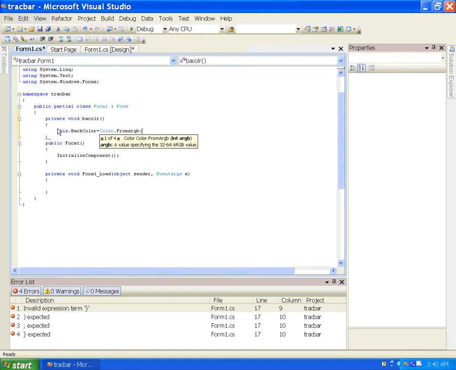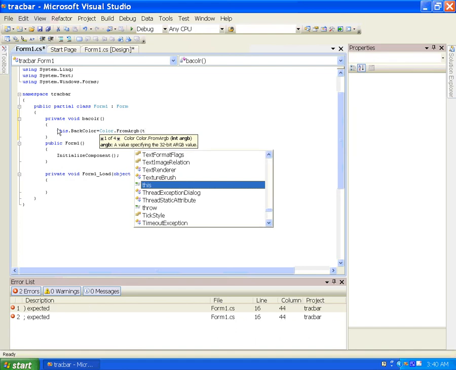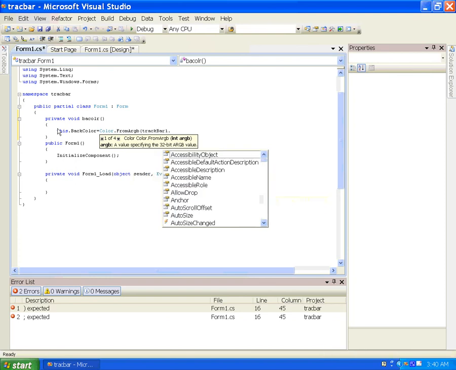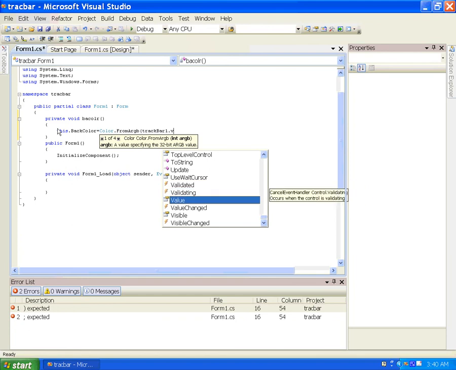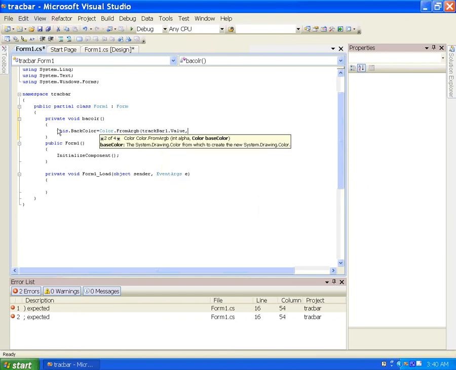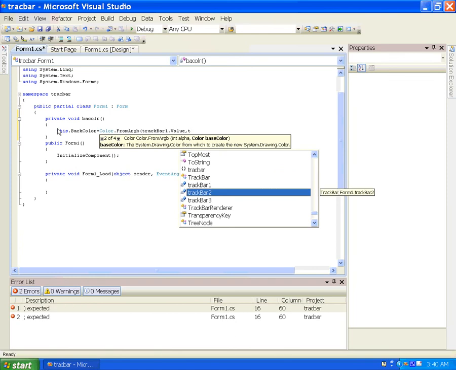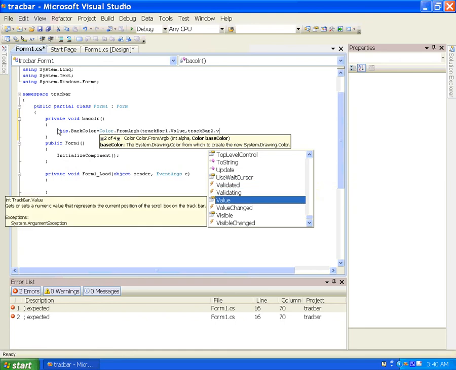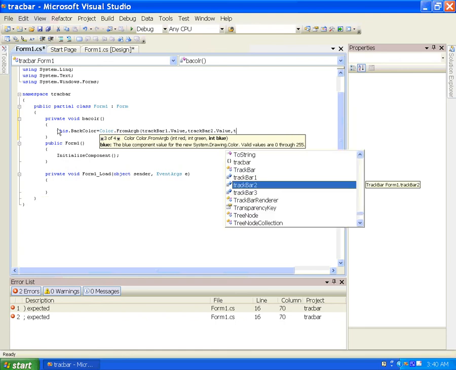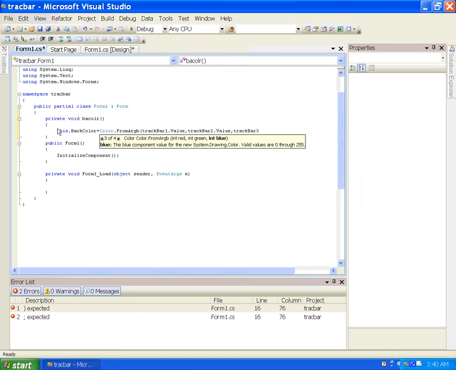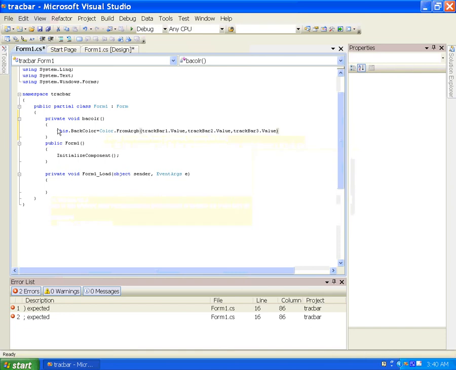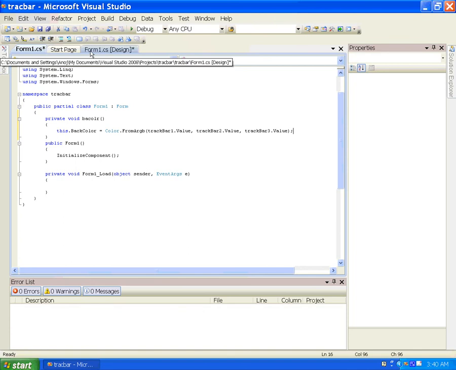We pass here trackBar1.Value, comma, trackBar2.Value, comma, trackBar3.Value. This is a function, and now we call this function